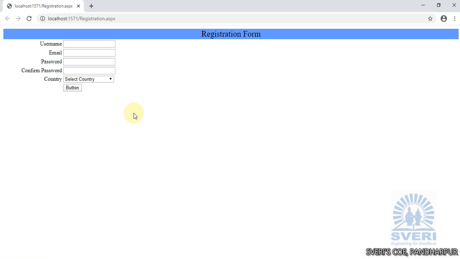This is our registration form. First of all I will click. Okay, it's not showing the value for the country, there is a red mark for country, so we need to change it. We will enter the username as Balkrishna. I will enter the mail ID as normal. Okay, so enter a proper mail ID. We need to add the proper mail ID, by adding the @ symbol and the domain name, and it will compare. The password 12345 I'm entering, and here I'm entering